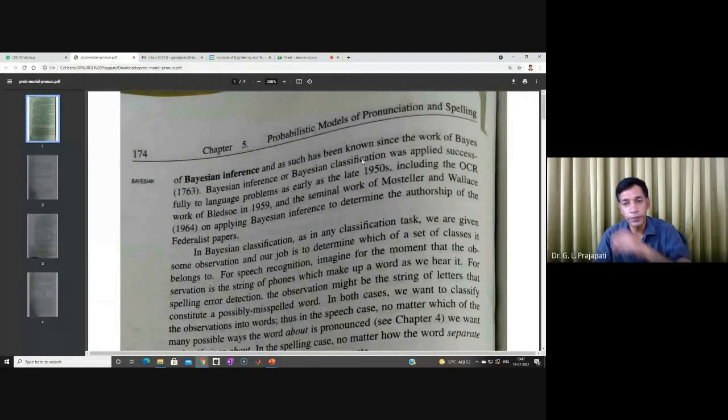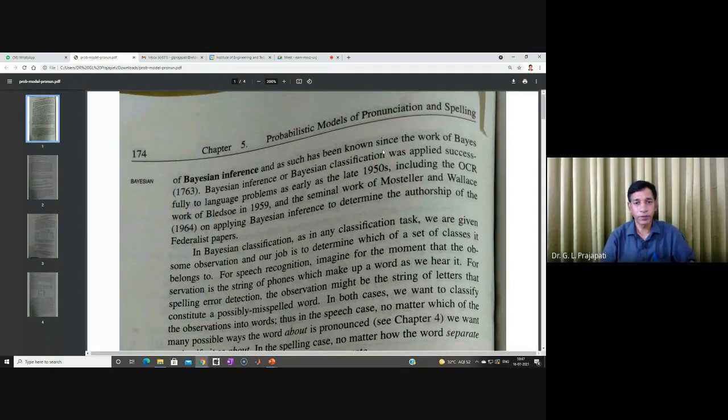This is the scan copy of the book in the field of speech and language processing. The book is written by the author Jurafsky. I have scanned these two or three pages to tell you how important Bayes' theorem is. Whenever you are working on natural language processing, you know that natural language is full